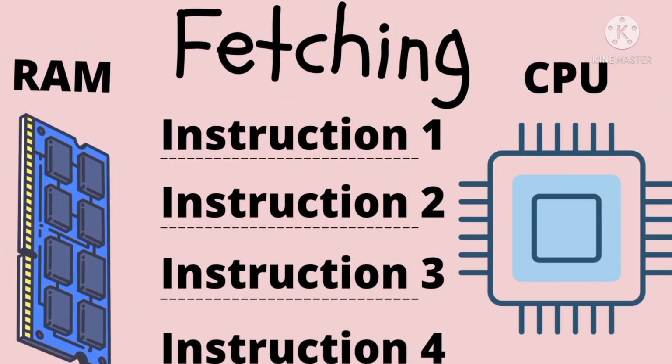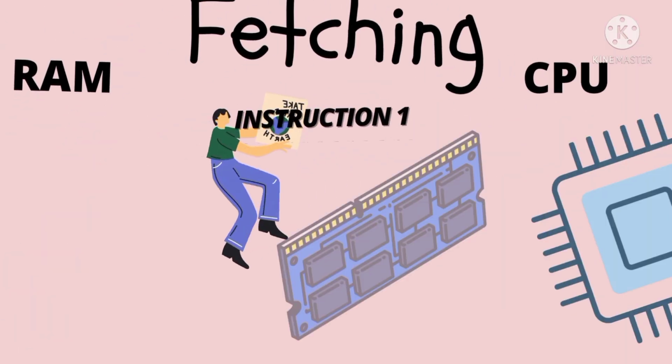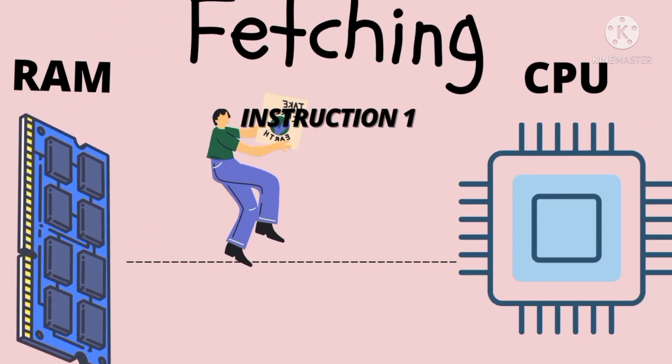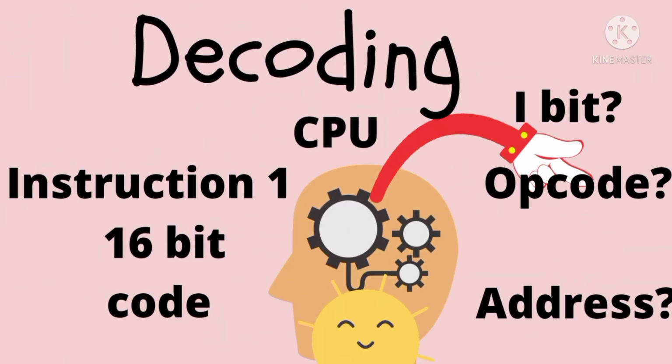First one is fetch stage. As you already know, the instructions to be performed will be there in the main memory, that is RAM. We have to fetch the instruction from the main memory to the CPU registers. So, as the name indicates, fetching is the process of copying the instructions from the main memory to CPU one by one. Please refer my previous videos to understand more about the instruction code and computer registers. Now we have our instructions in the instruction register.